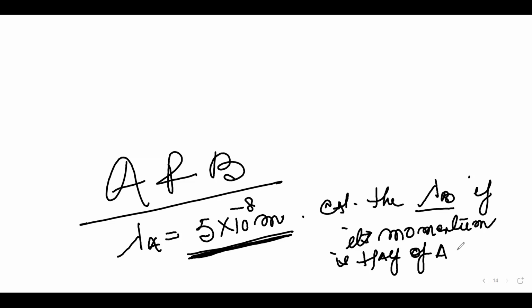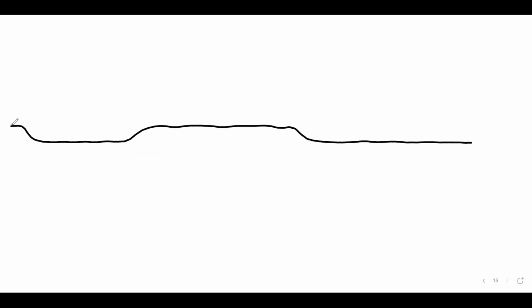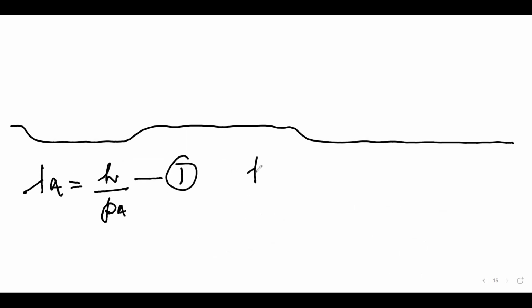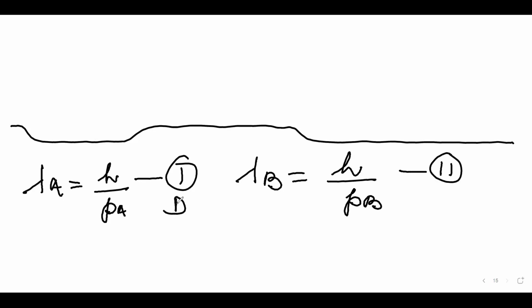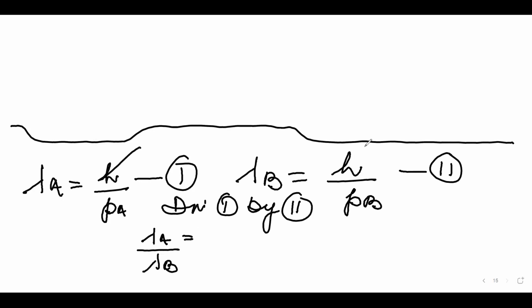Which formula you are going to use? लैम्डा इज इक्वल्स टू h अपॉन p. हाँ ठीक है. So lambda a is equal to h over p a, lambda b will be equal to h over p b. Am I okay here? Yes, sir. Dividing 1 by 2 और 2 by 1, तो बन जाएगा lambda a over lambda b. h और h कैंसिल हो जाएगा. It will become p b over p a,